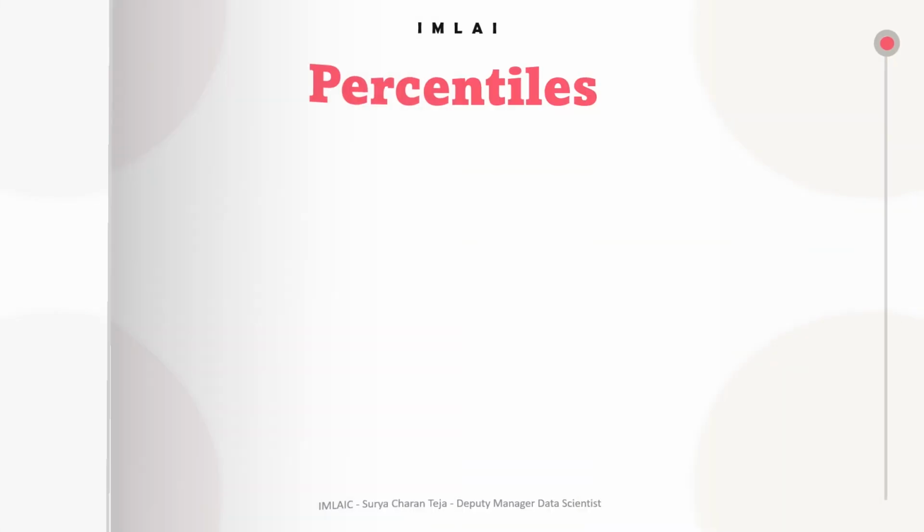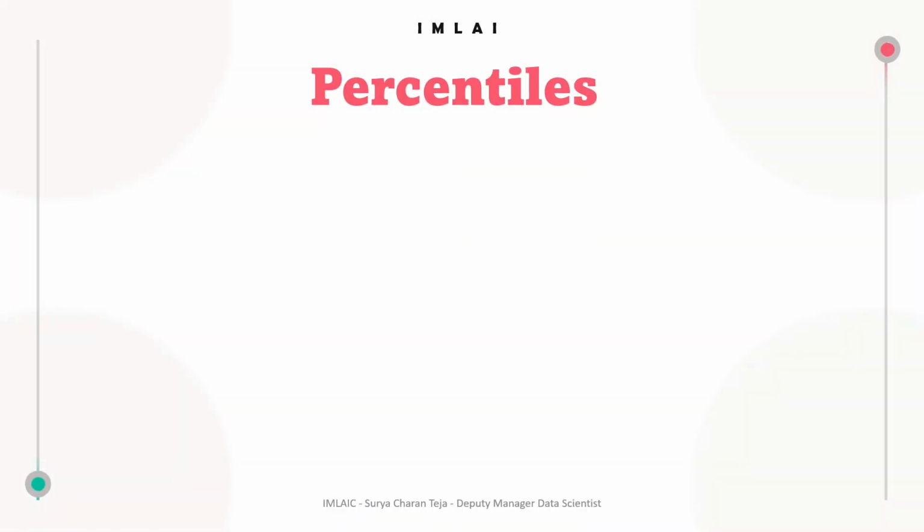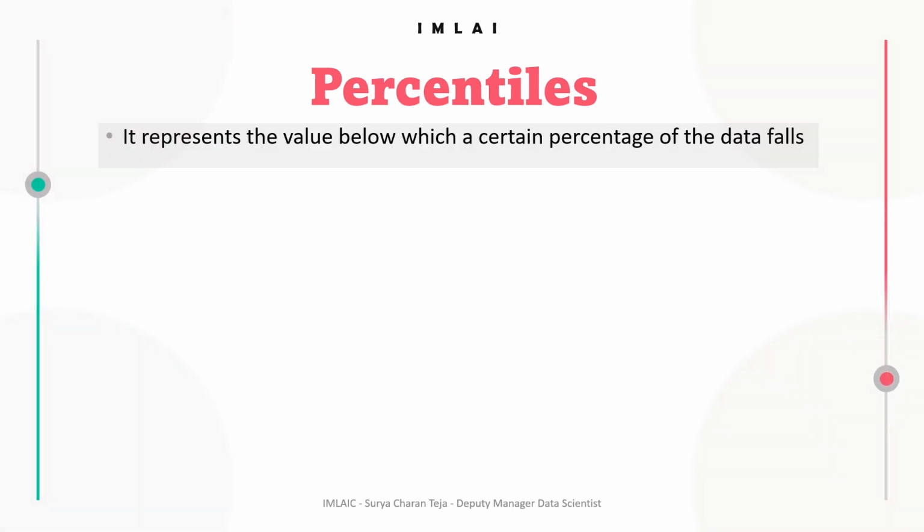Let's jump into percentiles and see what a percentile means. Percentiles are a way to measure how a particular data point compares to the rest of the data in a data set. A percentile represents the value below which a certain percentage of the data falls. For example,